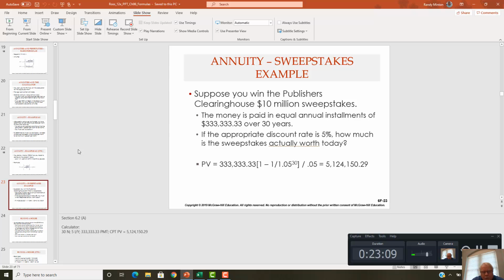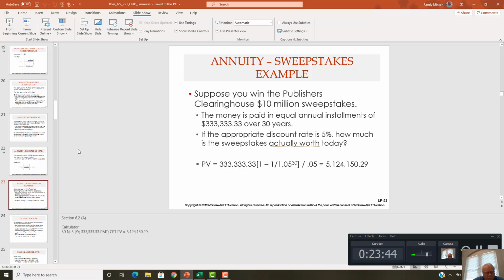Suppose you win the Publishers Clearinghouse $10 million sweepstakes. The money is paid in equal annual installments of $333,333.33 over 30 years. If the appropriate discount rate is 5%, how much is the sweepstakes actually worth today? And this is kind of a lesson in real life. So when you start thinking about, oh, I'm going to win $10 million in the sweepstakes, how much is it